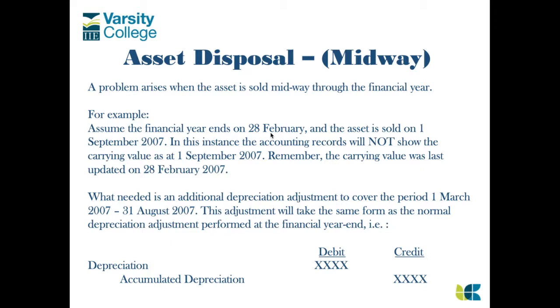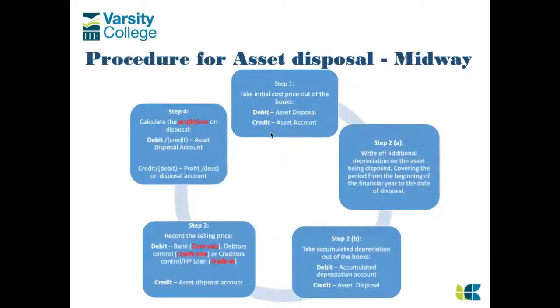Here a problem arises when the asset is sold midway through the financial year. I think this is really just speaking to what I've already spoken to. Here they're showing you that if we've had it halfway into the year, you then have to debit depreciation and credit accumulated depreciation, which is what we do anyway. And you'll see more of that. But then we also close off depreciation at the end of the year. Here they're saying your procedure will be slightly different if we are disposing of an asset prior to year end. So take another picture of this as well